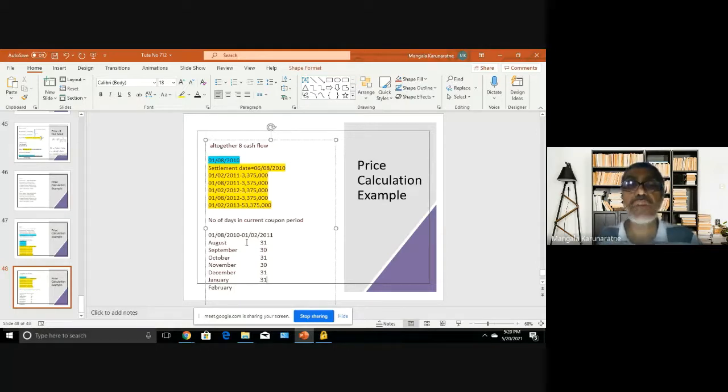Now, February 1st. The coupon will be paid on February 1st. So you don't have accumulation in February, because it is up to 31st December, 31st January. So we don't have to take that. How many days now here? It's 1, 2, 3, 4, 5, 6, 200 and 100 and